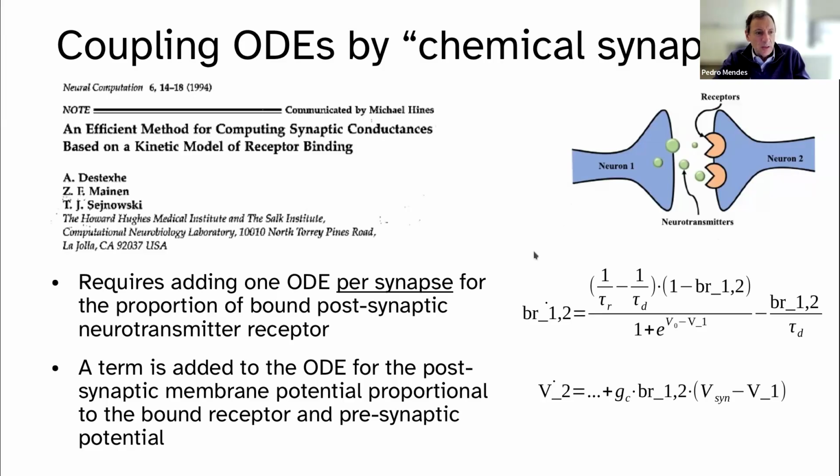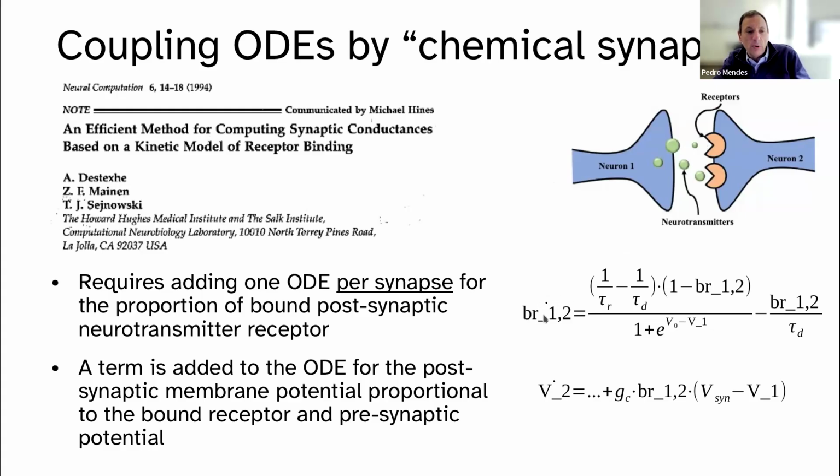Now, what this does is that for each synapse, that is each connection between two cells, not per unit, it creates an extra differential equation in the model. So if you had a model that had, say, 3 differential equations to represent one neuron, and you connect 2 neurons, you need 3 equations for neuron 1 and another 3 for neuron 2. If it's a chemical synapse, we have to add 1 extra differential equation for the synapse itself. So that equation